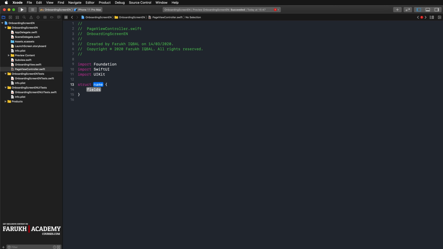So struct PageViewController, just like that. We want to work with our subviews in this file, therefore declare an appropriate array for holding them, which will get filled with the UIHostingControllers when initializing the page view controller inside the onboarding view. So here you can write var viewControllers